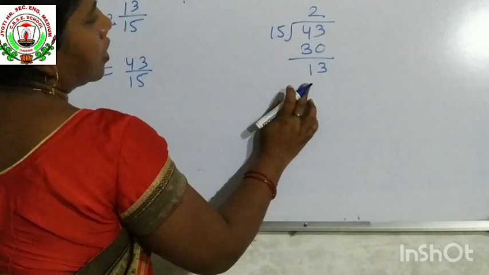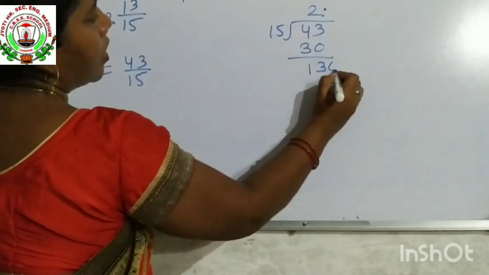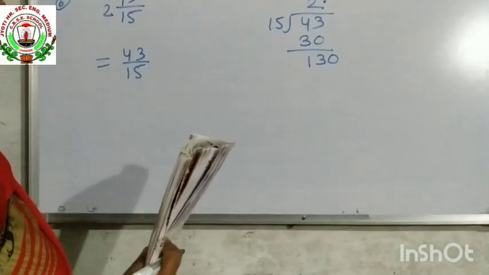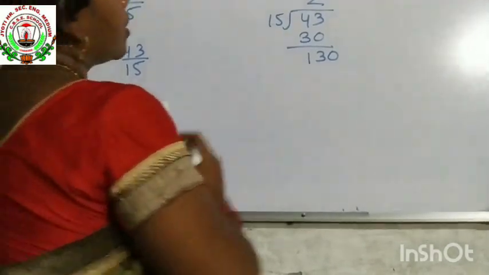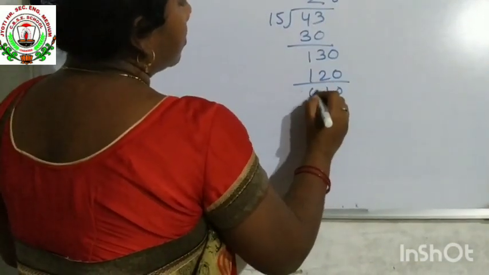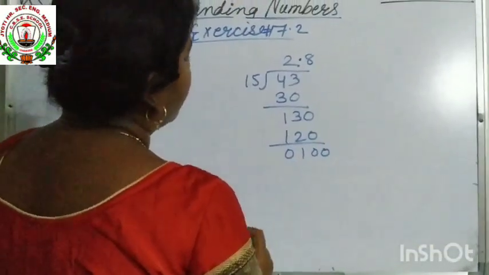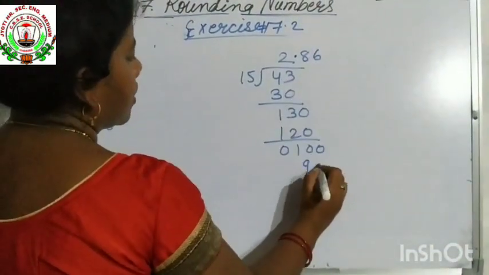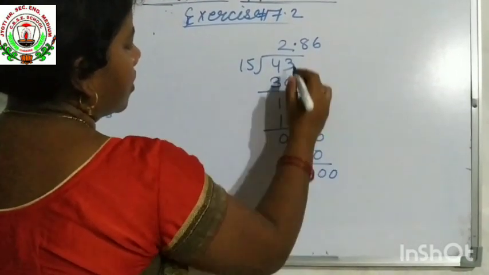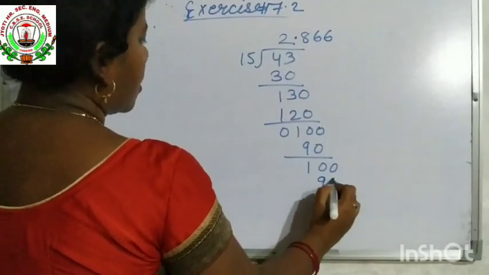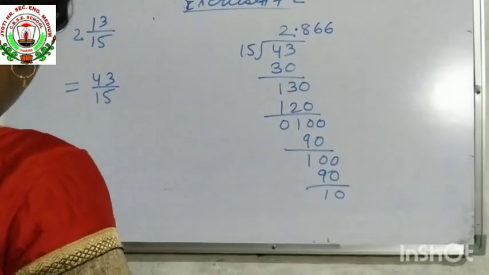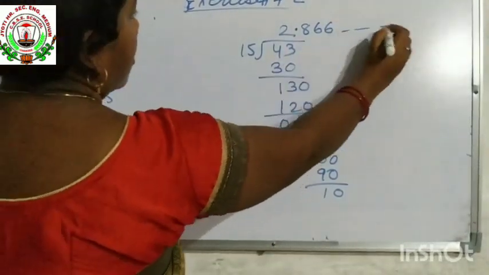Now next, it is not divisible, so we will put decimal. 1 0 we will put here. Now 15 times 8 is 120. 15 times 9 is 135. So 15 times 8 is 120. So this decimal we will put again. 15 times 6 is 90. 10 minus 9 is 1. Then again for this decimal we will put 0. Again it is 90. Now we are seeing here this 6 is repetition. Again and again this 6 will come.